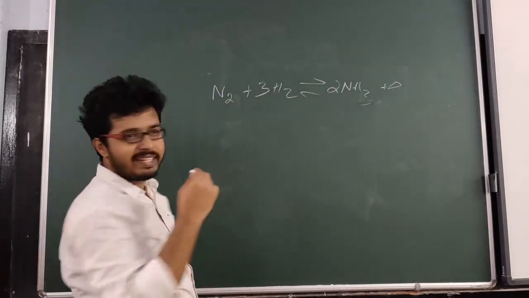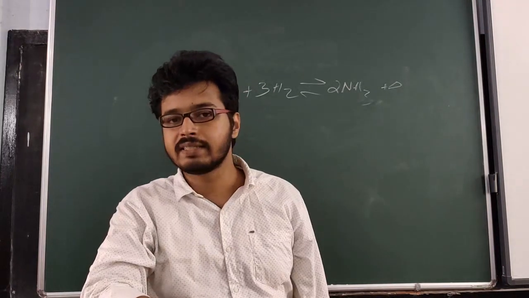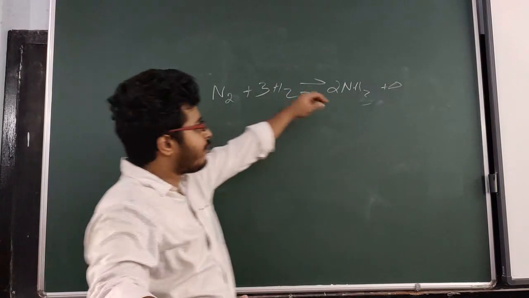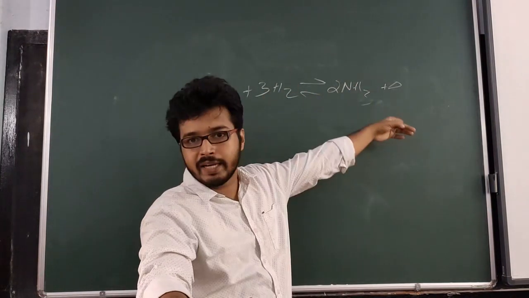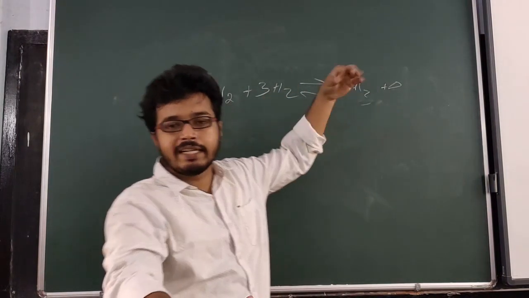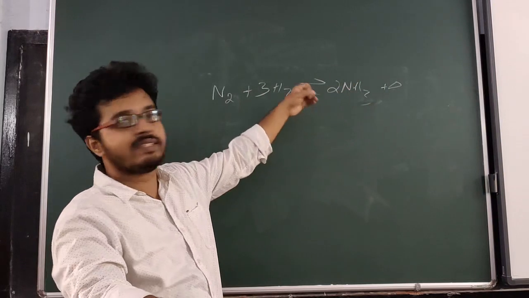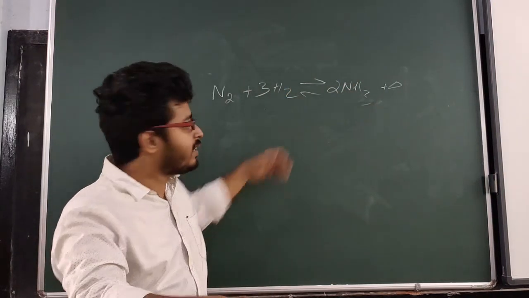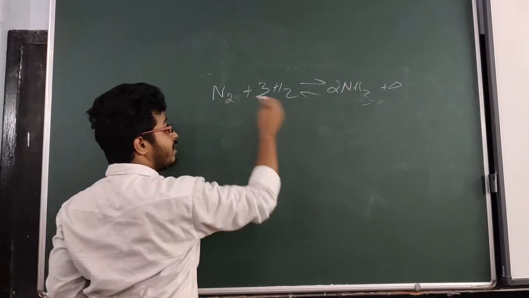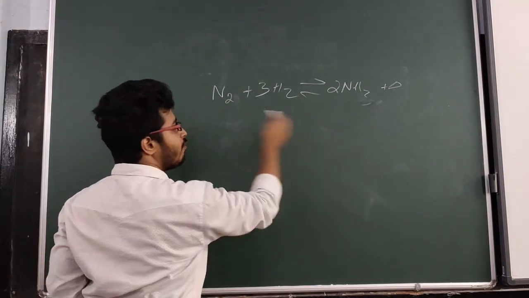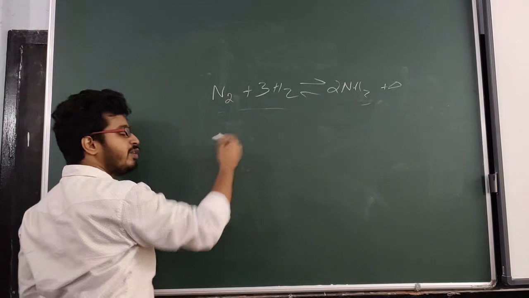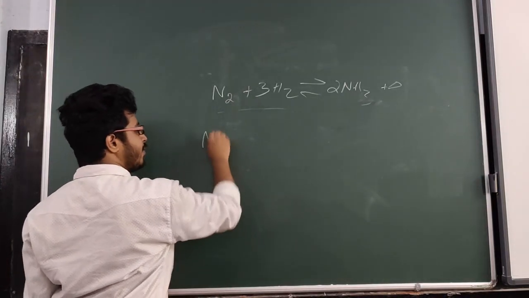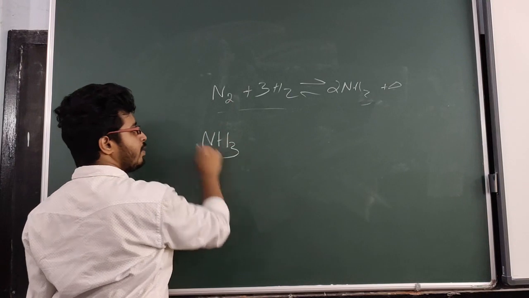Okay, so I think I have discussed this in the last class. The forward reaction, or the production of ammonia, is exothermic in nature. So if we decrease the temperature, it favors the production of ammonia. If we increase the temperature, it favors the decomposition of ammonia to N2 and H2. Okay, so if we are heating ammonia, in other words,